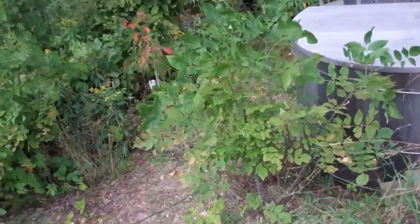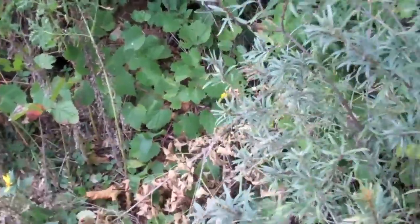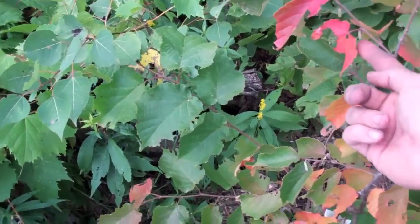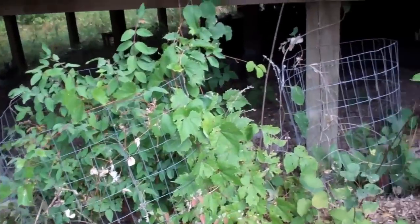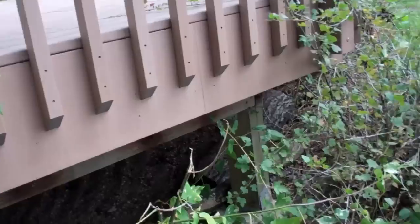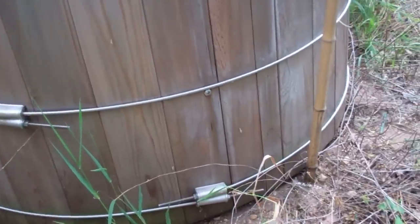Alright, so what I want to show you now is what I've recently done cutting some pathways out. Here's a lovely sea buckthorn that's doing pretty well, looking pretty good. Here's a great hazelnut, also doing well, and here's some little catkins coming up. I really like that. Some honeyberries, there's another honeyberry. Here's a beautiful hardy kiwi. There's some gooseberries right there. Here's the cedar hot tub, and some little